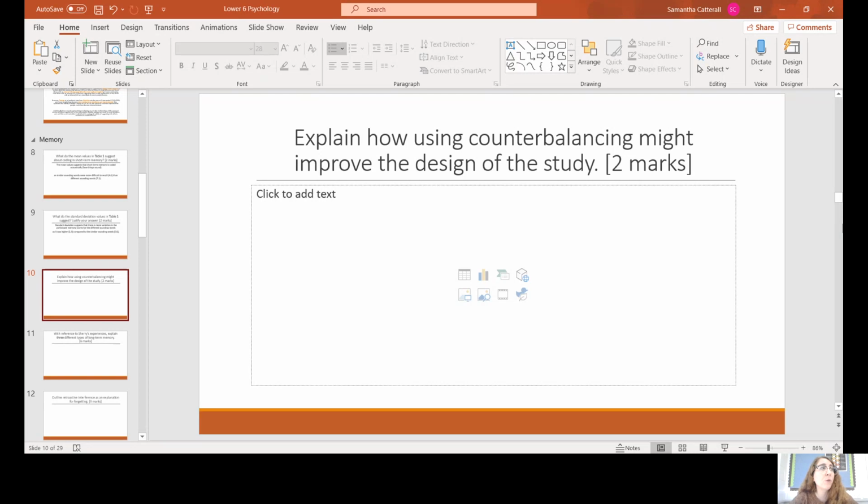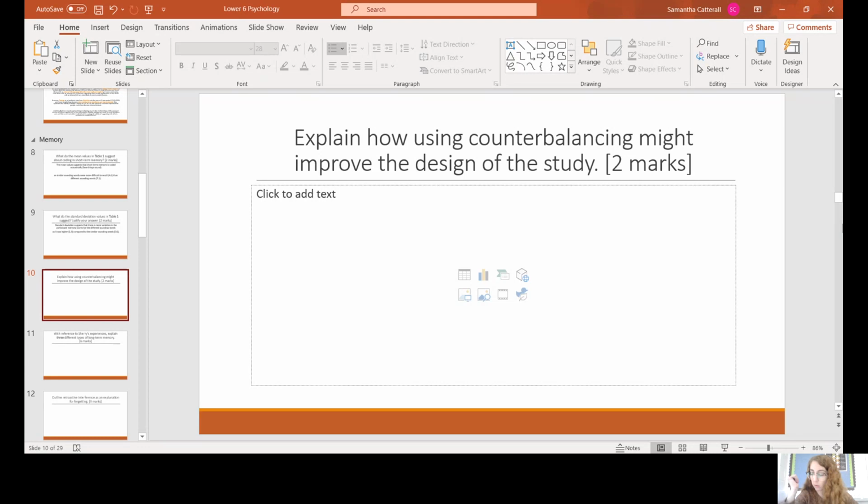Or they might get bored or tired, so boredom or fatigue effect, because fatigue is the fancier term, and that means that their performance on that second condition is going to be worse, not necessarily because of the coding of the short-term memory and it being acoustic, but just because they can't be bothered. So they're just naturally not going to do as well, they're not going to remember as many words. So it will invalidate, or what we actually say, obscure the effect of the IV, if you want to be